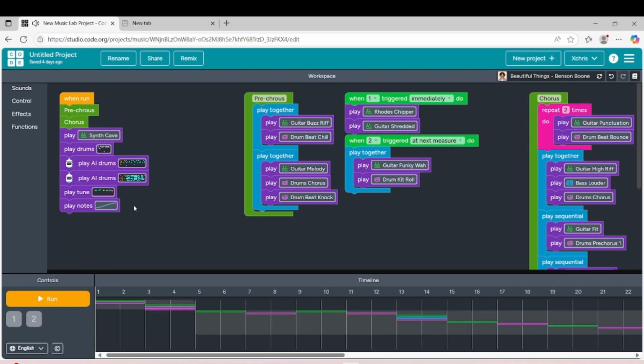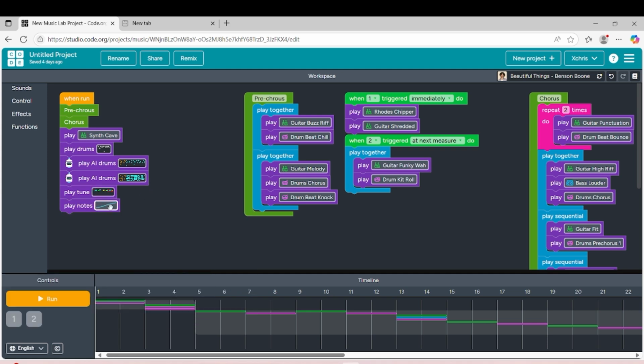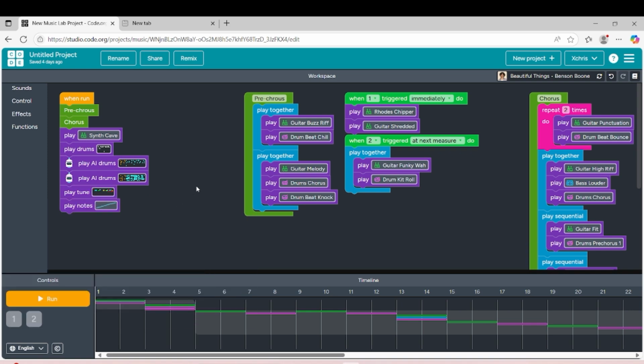That's pretty much how you can use the play tune and the play notes. The play tune is for the tune that you want to create, and the play note is one note only, and you can add more if you want. You can use it by creating your own tune or your own note that you want to hear. If you can't decide on the already pre-made instruments by music.org, you can pretty much create your own song or create the note you want to also add in the creation.